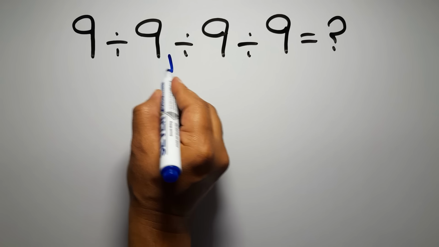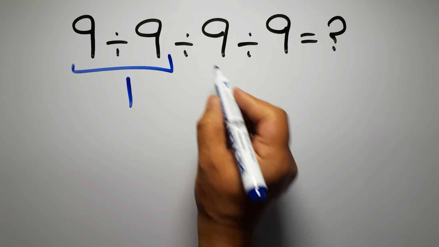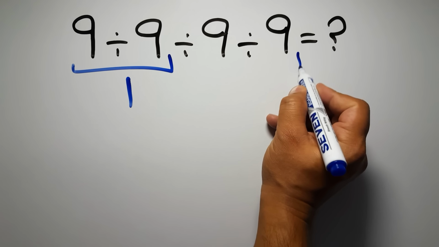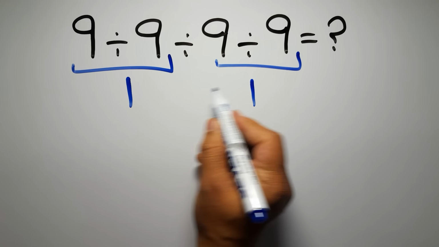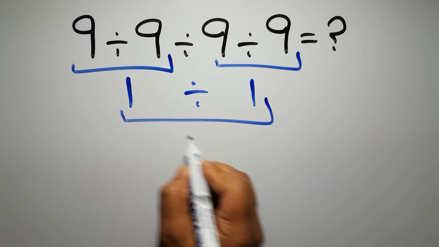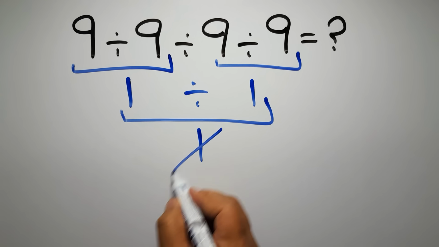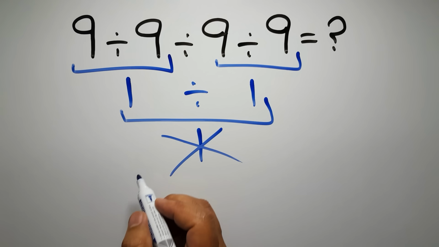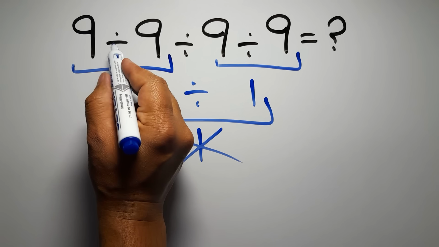9 divided by 9 gives us 1. And again here we have 9 divided by 9. So 1 divided by 1, which equals 1. But this answer is not correct, because according to the order of operations, when we have more than one division